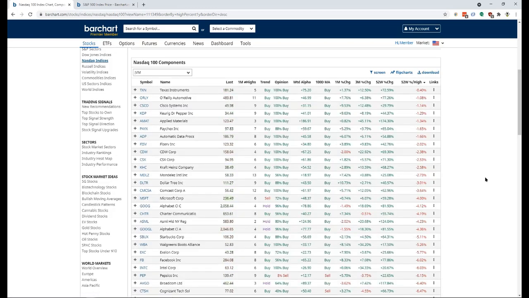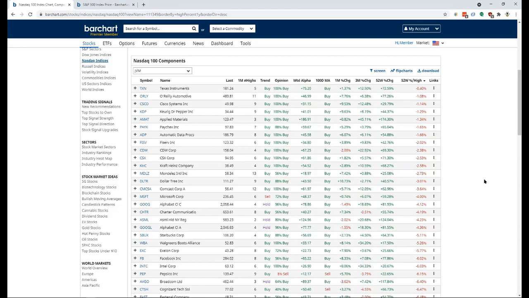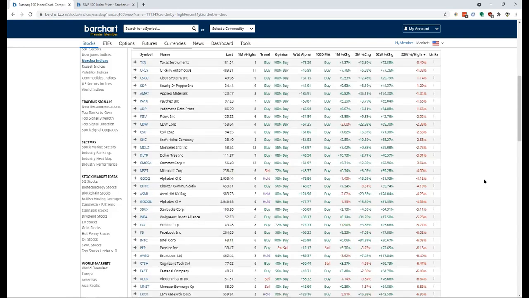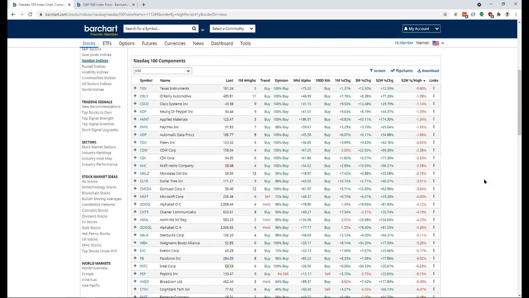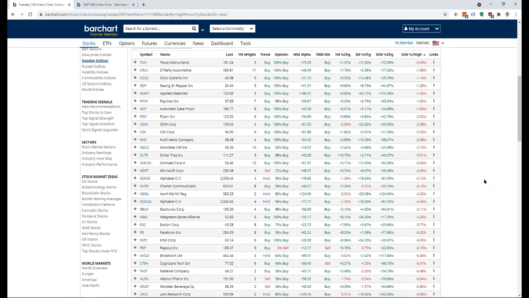Look at this now, our list is almost all green. I'm not saying that you should buy any one of these individual stocks, but if I were going to buy 10 stocks in my portfolio, I'd rather have 10 stocks that were all green than 10 stocks that were all red. And so using these custom views allows you to manipulate your data